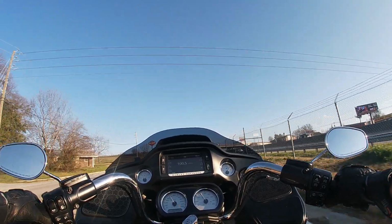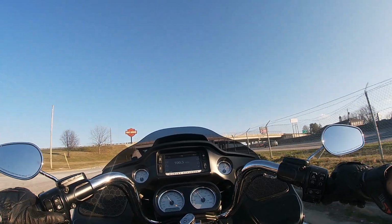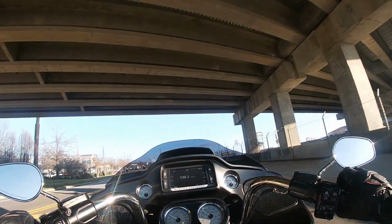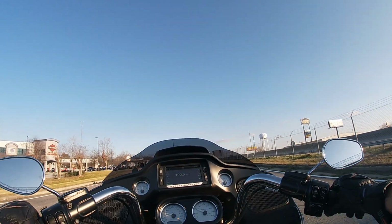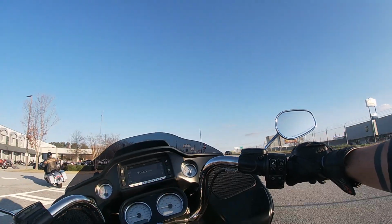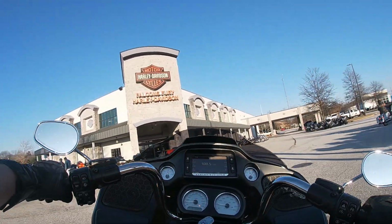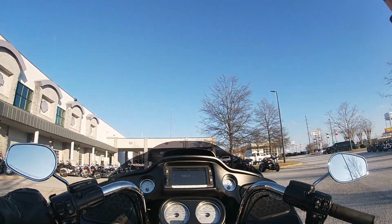Yeah, I'm impressed. It's funny, I haven't ridden a Milwaukee 8 and then a Twin Cam back to back. It's staggering to see the actual difference in refinement, smoothness, power delivery. When you ride them back to back, you can really feel how much improved that engine is, and that might be unpopular. I'm sure we're going to get comments saying, "Oh no, Twin Cam forever." But I'm telling you, mate,